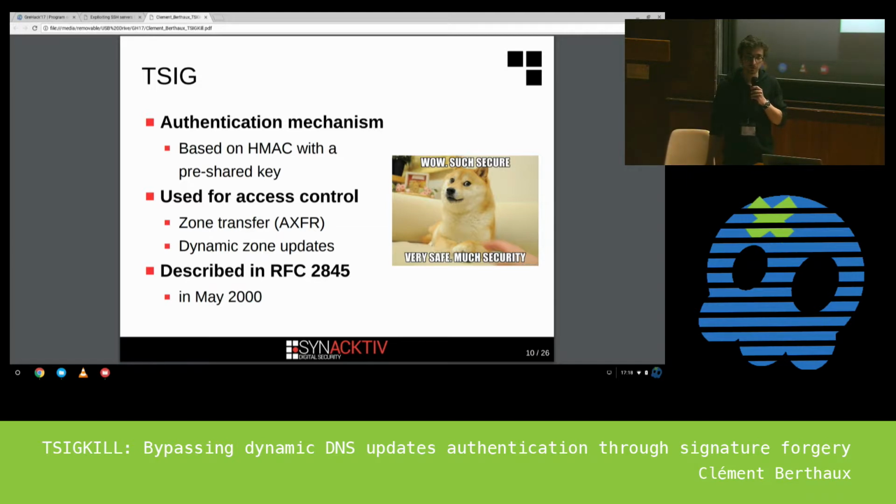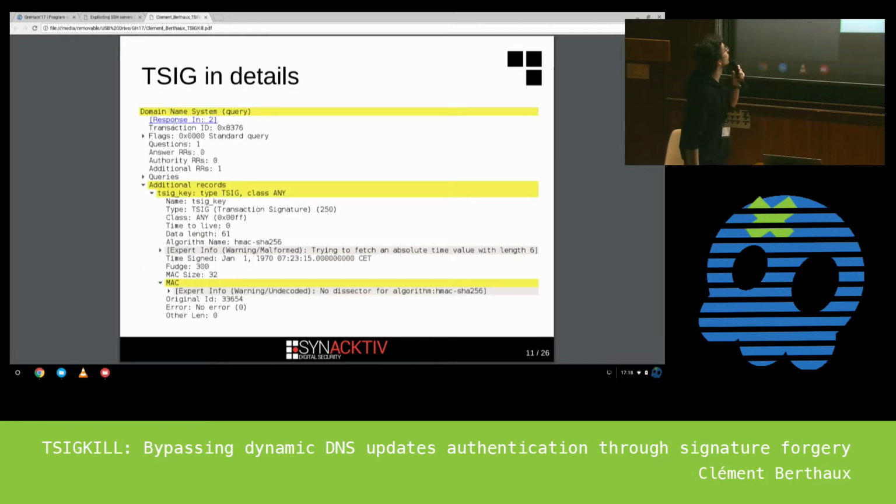It's not part of DNSSEC. It doesn't have any link to DNSSEC. So in detail, how it works. Basically, we have a query,